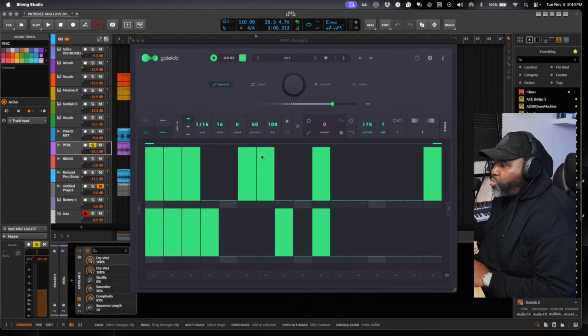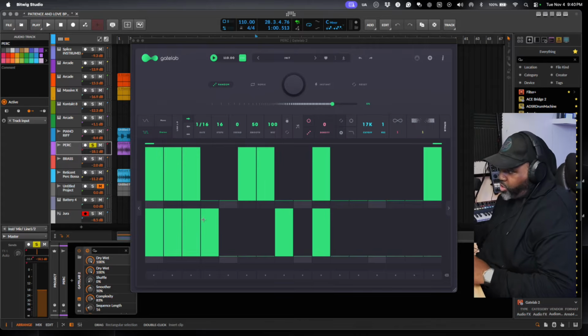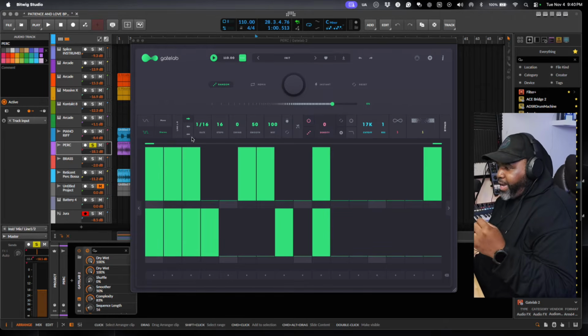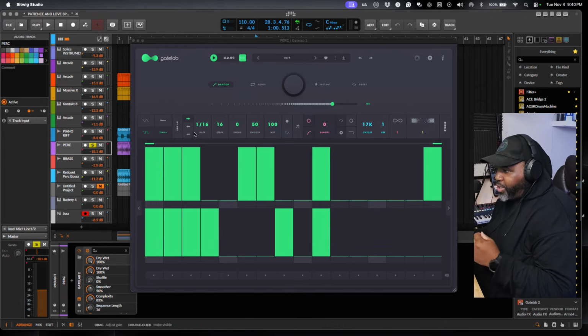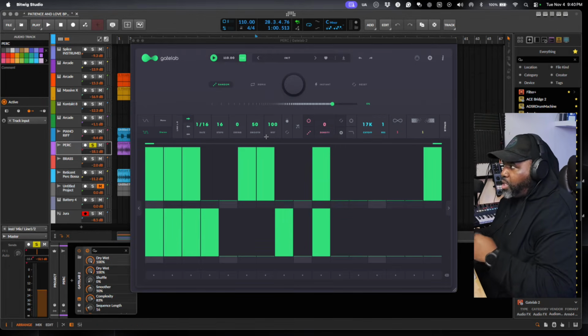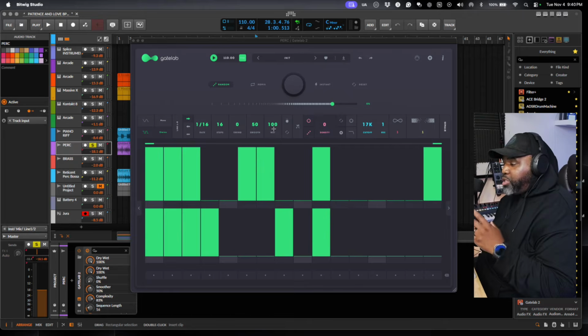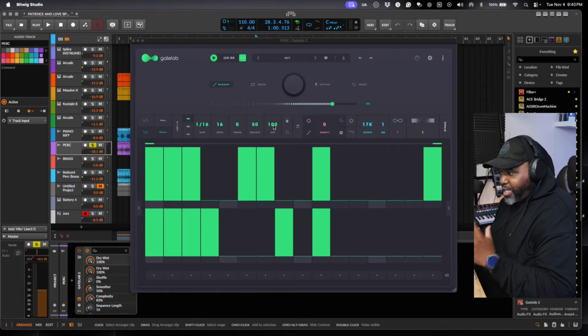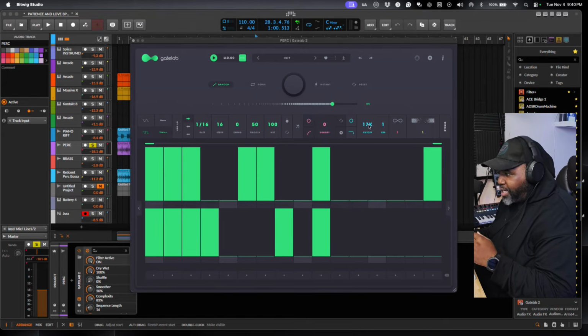All right, and so this is GateLab 2. As you can see, the interface is very, very smooth. It's updated from GateLab, the original one. And there are a lot more buttons on here, and you can see, of course, your rate, your steps, your swing, your smooth, and your wet and dry, which is cool to play around with. This is one of the things I've actually loved about it, that you can turn on the cutoff and the